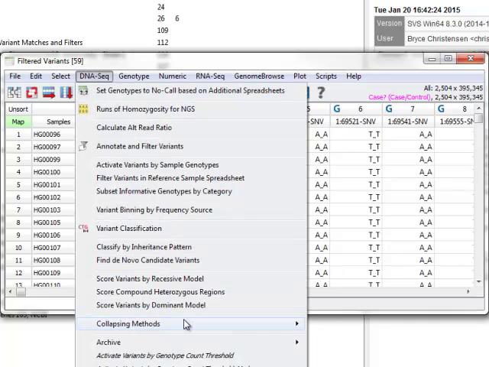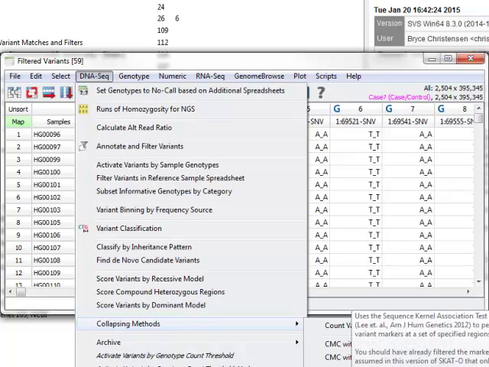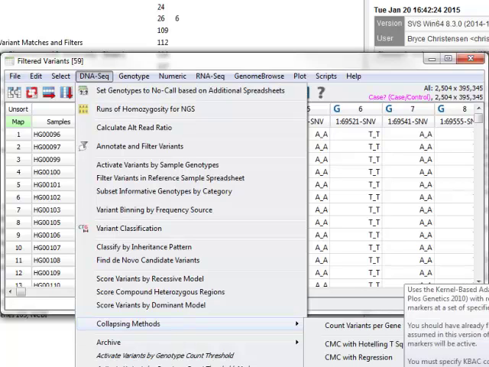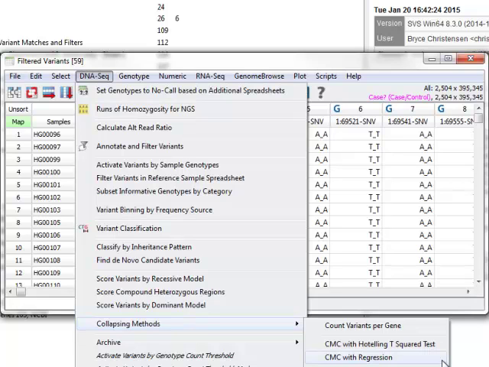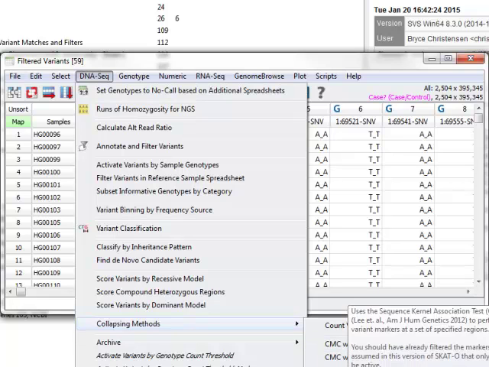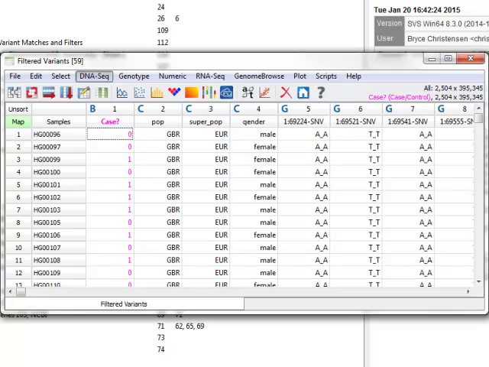Then from the DNA-seq menu, under collapsing methods, you can choose if you want to run SKAT-O, if you want to run KBAC with one of the different testing options, or the CMC test. If you select SKAT-O as an example,